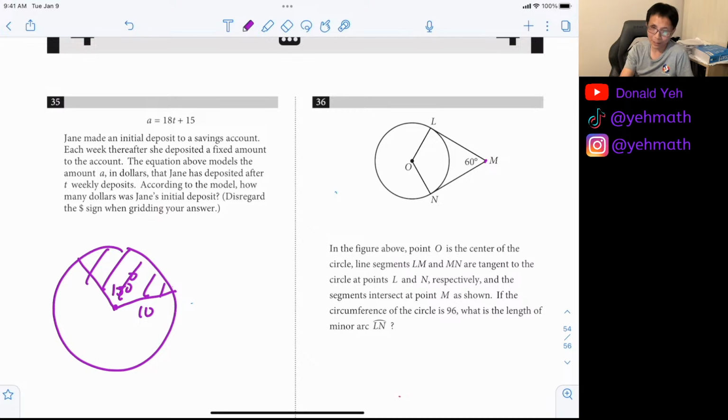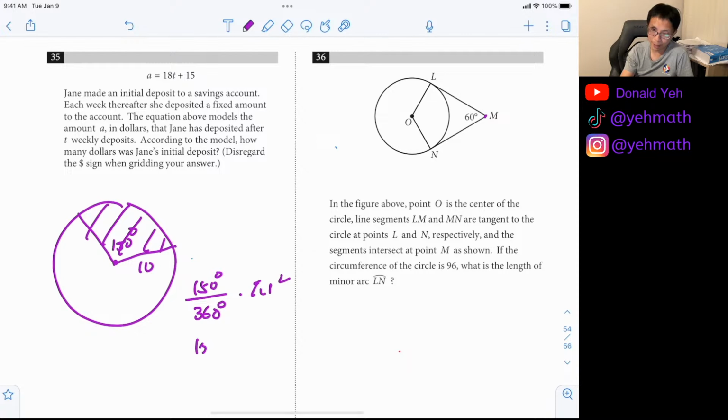Because I can figure it out exactly using the 360-slice pizza. If I want 150 slices of pizza out of 360, that will be the ratio times pi r squared. That's the best way to figure out the area of sectors. Does that make sense? And that's also the best way to figure out